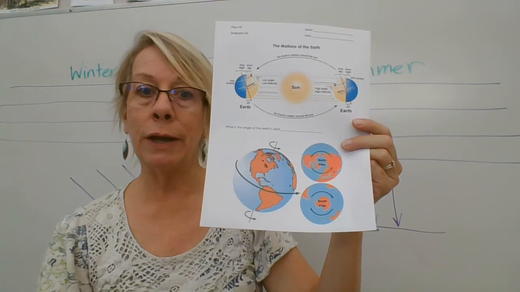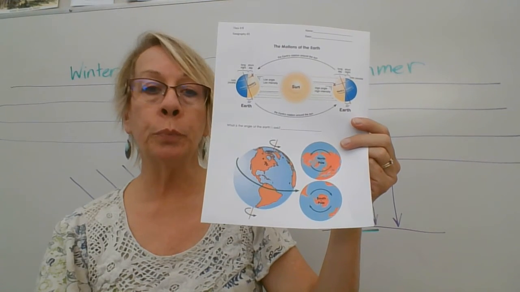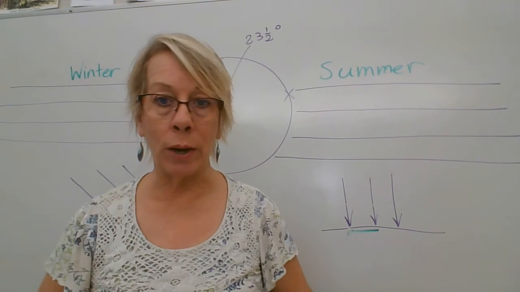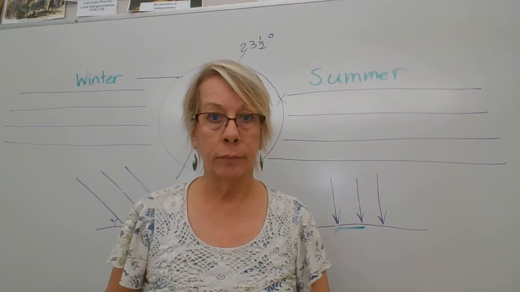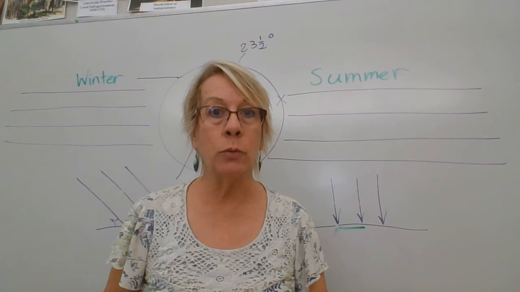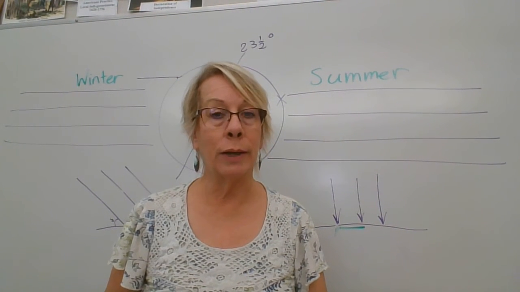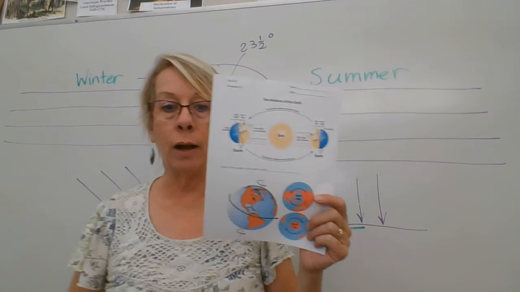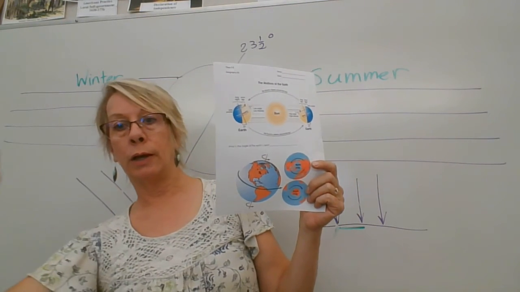The tilt. If we didn't have the tilt, we wouldn't have seasons. It would always be super cold at the poles and always be super hot at the equator, and we would never have any seasons. Nothing would ever change. And we wouldn't have life as we know it. It would be too hot in some places and too cold in other places. So God, again, in his wisdom, knew exactly what he was doing in putting the Earth on the tilt and then having the Earth go around the sun.